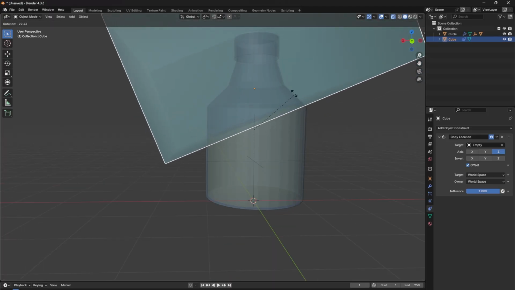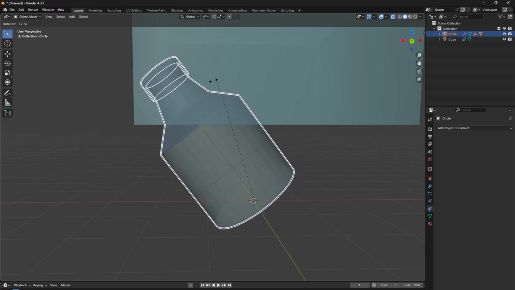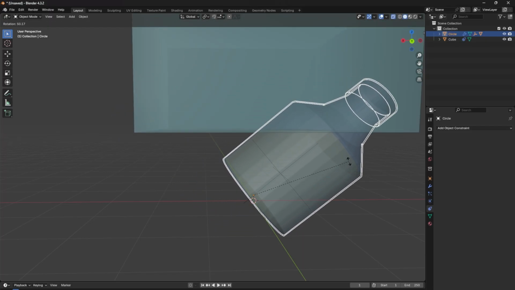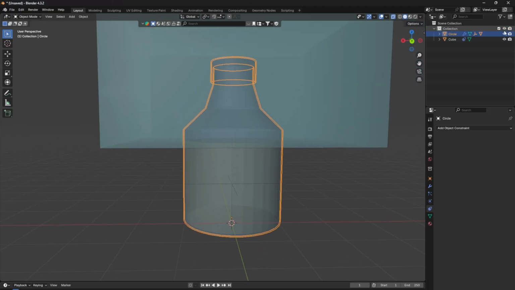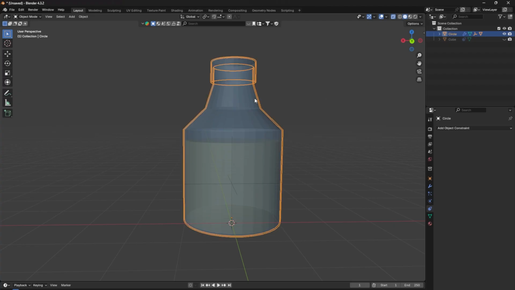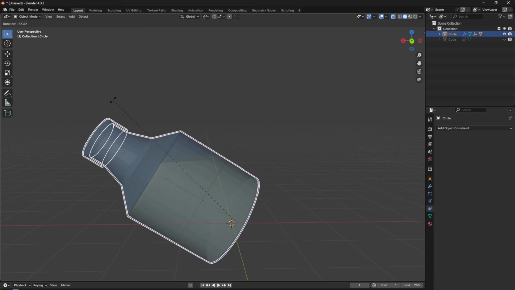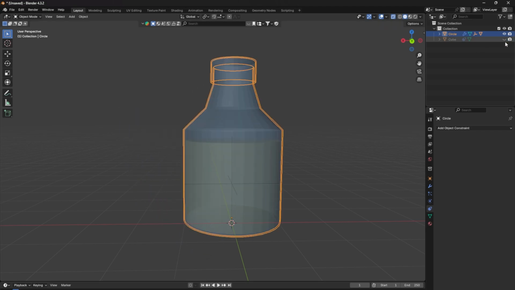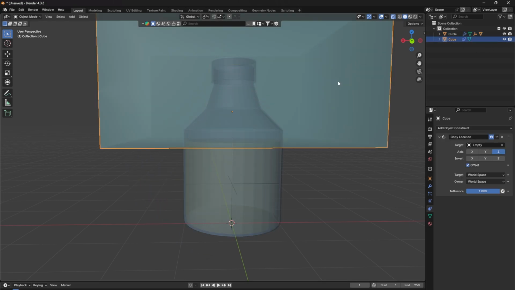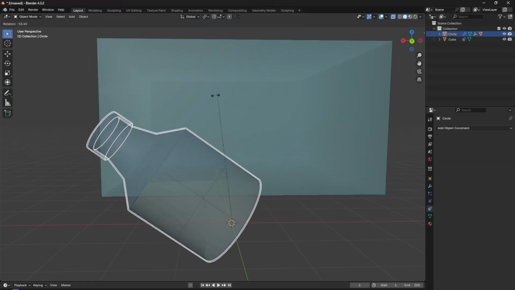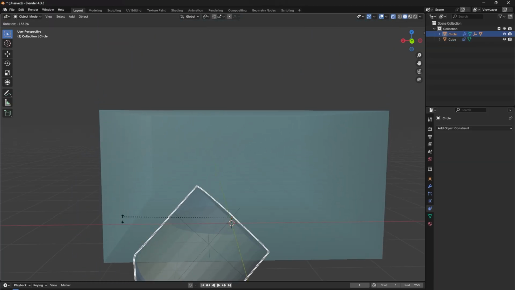Now when I move the bottle, you can see what's going on. The cube is moving down with it, which means when I hide it, our fluid will remain the same, but you need to change it according to your setup. So let me show you. Just move it a little bit down, and when I move it, so here we see